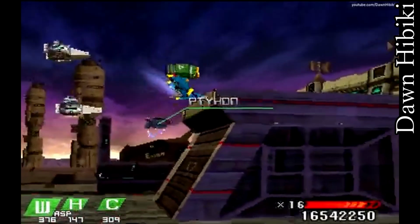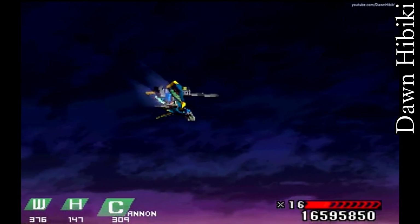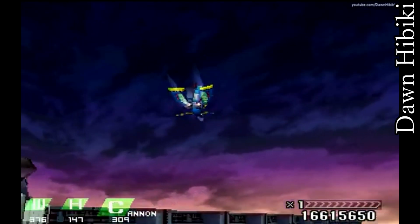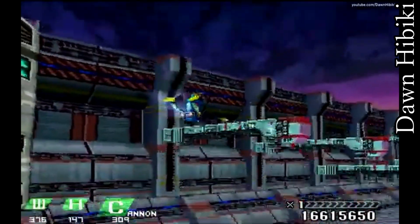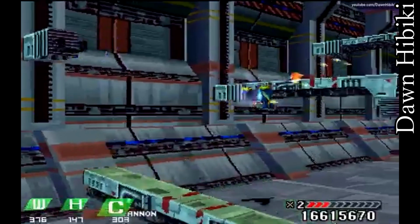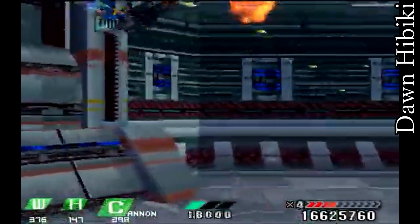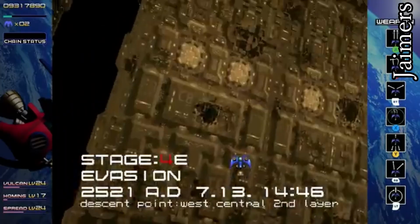This is a much more difficult way of working in a genre where ship movement, especially in a game like Einhander, is incredibly essential. When you change perspectives and you move around in a 3D space, it makes movement difficult to program, and especially easy to read. And these types of games change how the player experiences the environment in a way different than, say, Radiant Silvergun